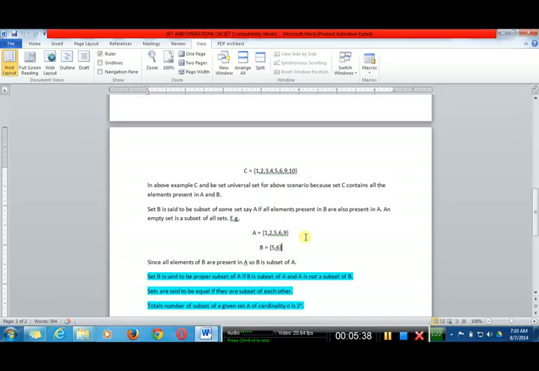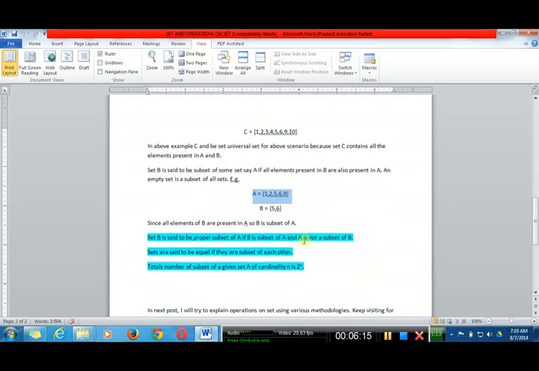If two sets are subsets of each other, like all the elements present in the parent are also present in the subset, and all elements present in the subset are also present in the parent set, then these two sets are equal. Then the concept of proper subset comes in, which says not all the elements present in the parent set are in the subset. The cardinality of a proper subset is always less than the cardinality of the parent set, right?